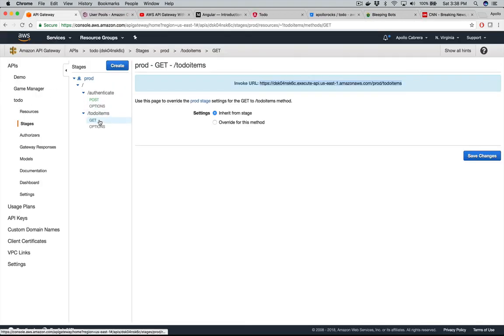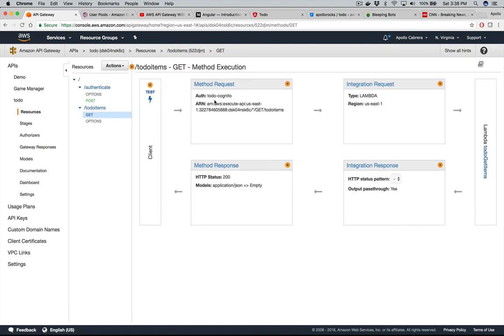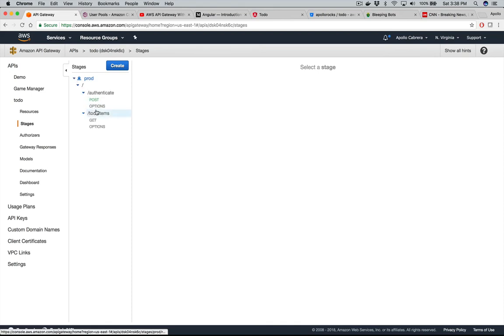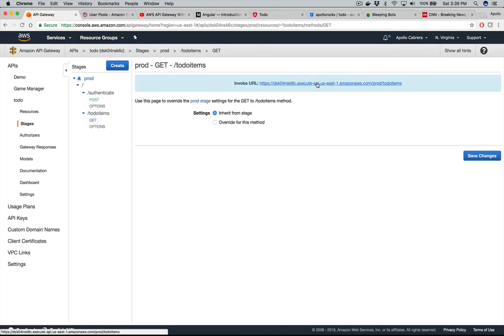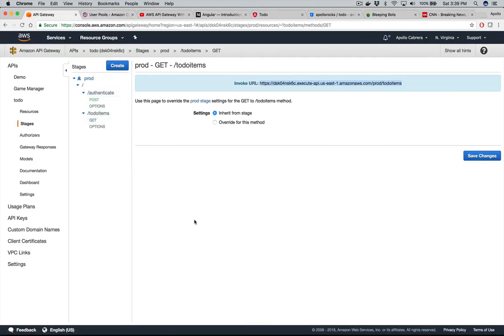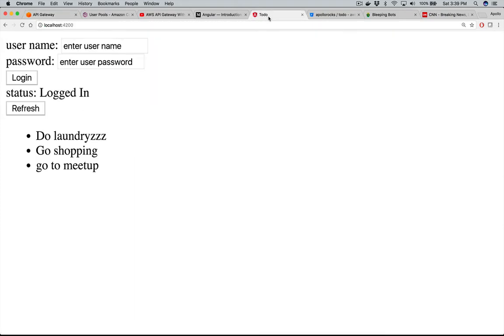Let's check it again. Get, let's look at the resource again. Get to do, and it should use to-do Cognito. I shouldn't have anything in the header. So let's try that again. Stages, production, get, open a new page, and there we go, message unauthorized. Yeah, that was weird. So now if we go back to our Angular application,